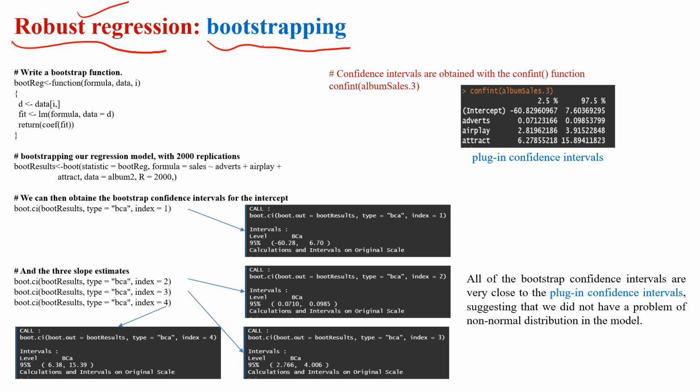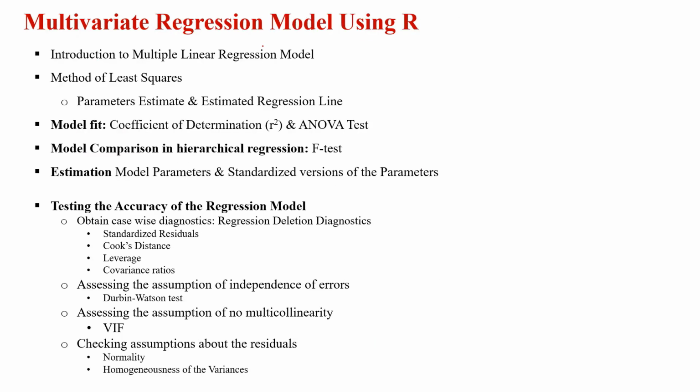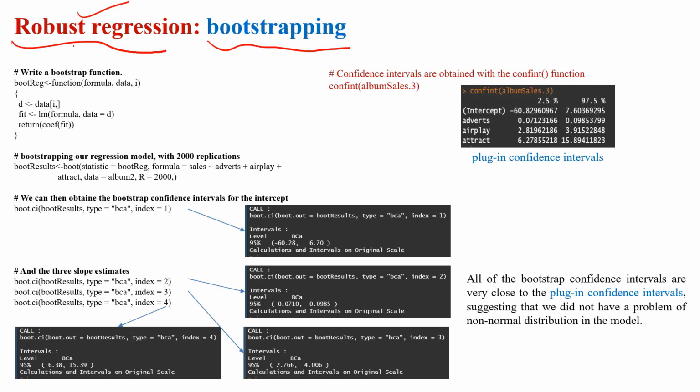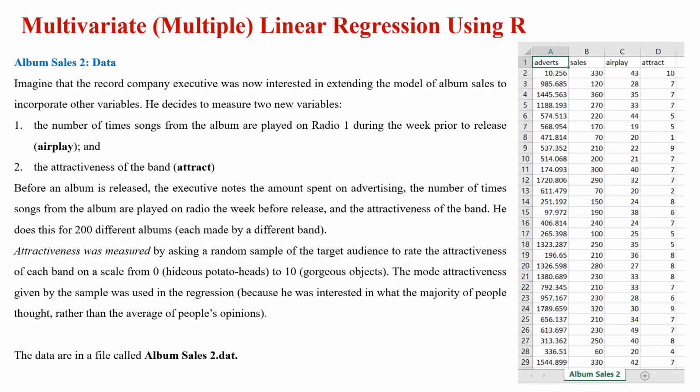Specifically, if we are talking about regression analysis, as we discussed in our previous video lecture, one of the multiple linear regression model assumptions is to check the assumption regarding the residual, that it should be normally distributed and the variances of the residual must be homogeneous, whether we are applying simple linear regression or multiple linear regression. So let's say those assumptions fail. In that particular case, what can we do? We can apply the bootstrapping technique on the multiple linear regression. For that, I'm going to take the same example which we discussed